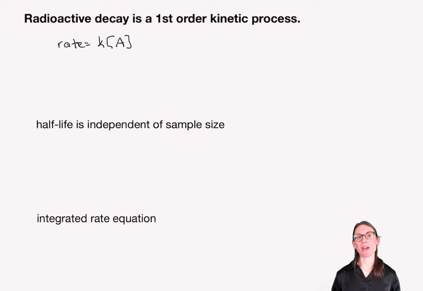When we're working with radioactive samples, they're often not solutions, so talking about concentration doesn't make sense in the same way. Instead, we're going to rephrase this equation as rate equals k times N to the first, where N is the number of radioactive nuclei that are present in a sample. The rate of decay for a radioactive sample is known as its activity and has units of disintegrations per second,